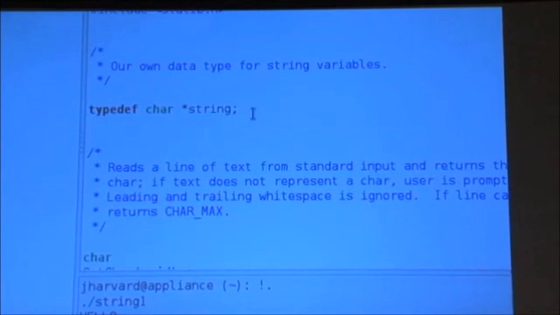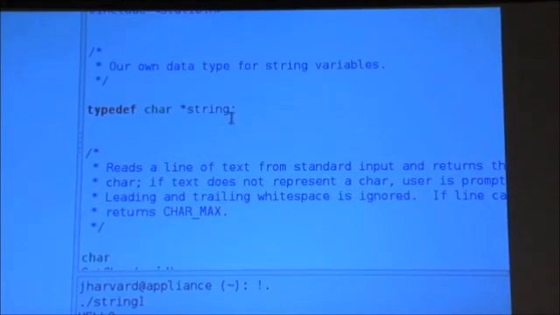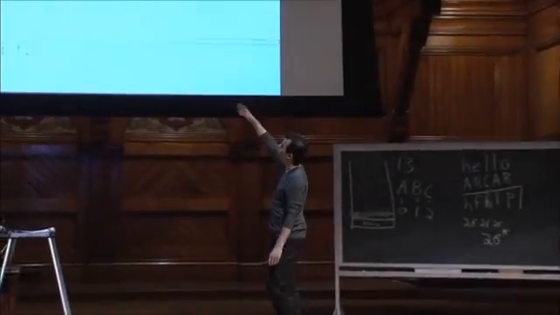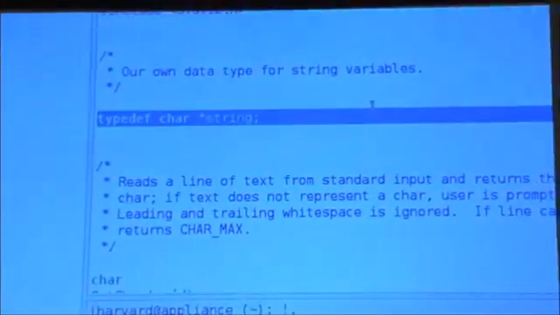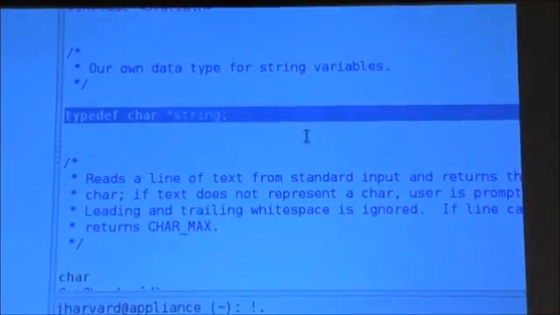Now, what about string? How have we been simplifying that all this time? Well, again, you can define your own types in C. And again, we'll come back to this, but that one line is what makes possible the data type we have been calling string all of this time. But let me scroll down as